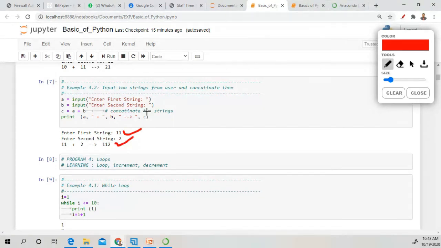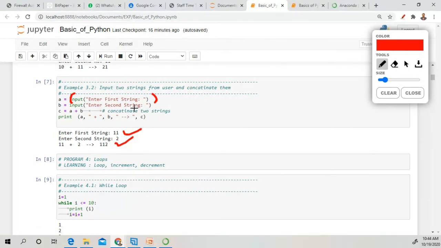Enter the first string and the second string. It's up to you. I have not given int or str or char or float here. If you give integer values, it will directly add those values. If you give any char values, it will display the joining of the two character values right here.